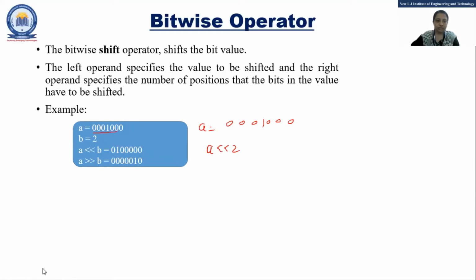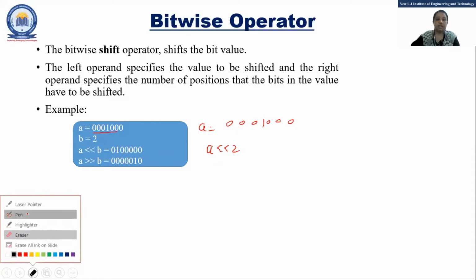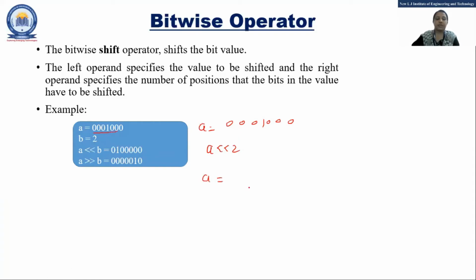So this is like this. Now 2 bits. After executing it, what happened? This 2 bit will be discarded. The other remaining bits are shifted by 2 places. Again, this left side bit will be discarded because here 2 is there, and all of these are shifted. So you can see that this 0 is shifted here. This 1 will be shifted here, 0, 1. This 0 will be shifted here. This 0 will be shifted here.